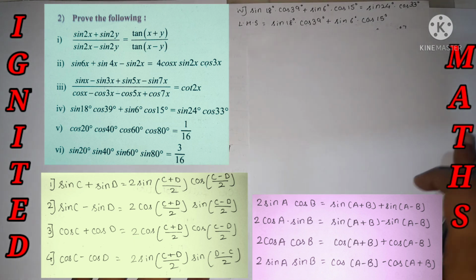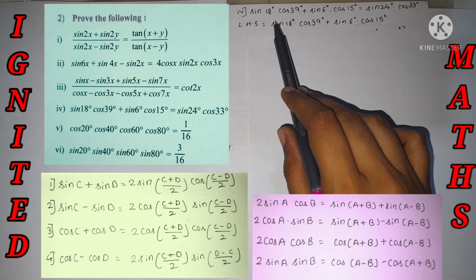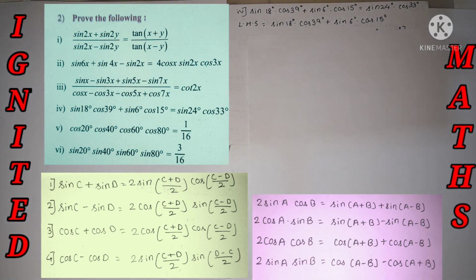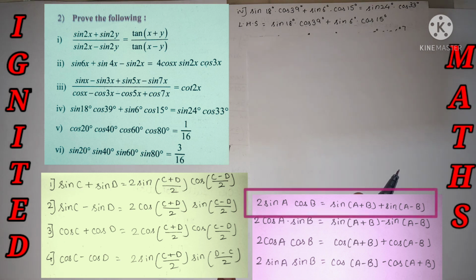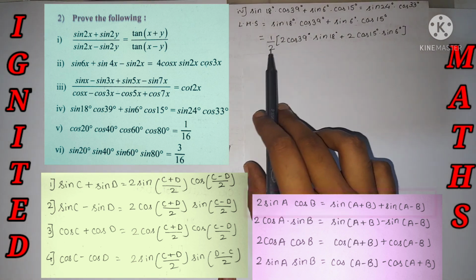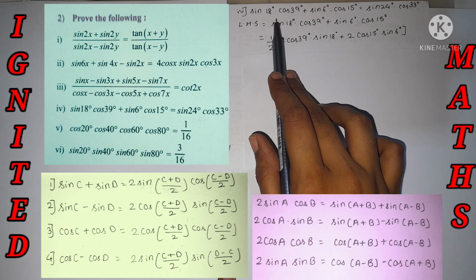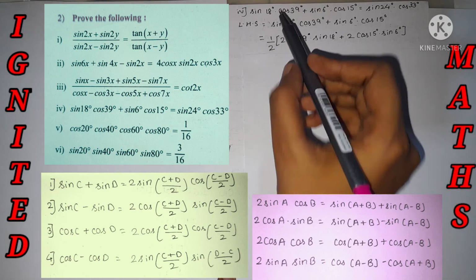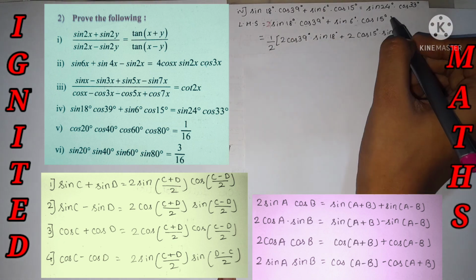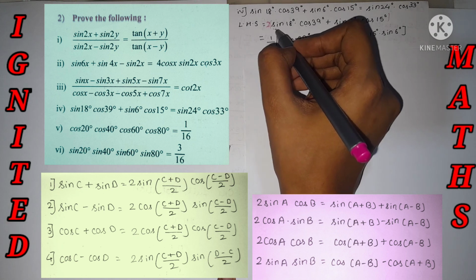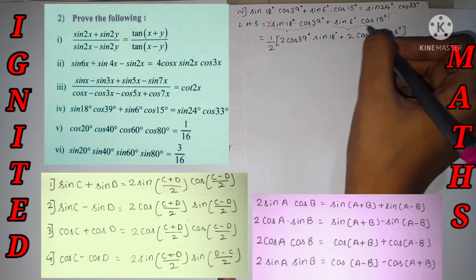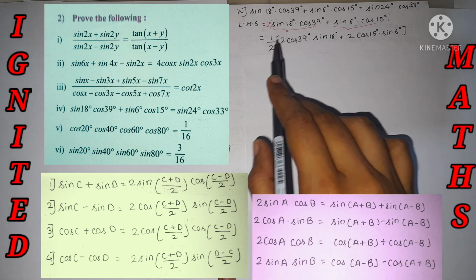So the way we need to do it is to multiply and divide by 2, so that we can use the formula of 2 sine a cos b that we have. I have mentioned it on the left hand side so that we can use the formula and find it. For that purpose I have multiplied and divided by 2. If I multiply this 2 with the whole term, it will be multiplied with this term also and with this term also. That's what we have mentioned over here.